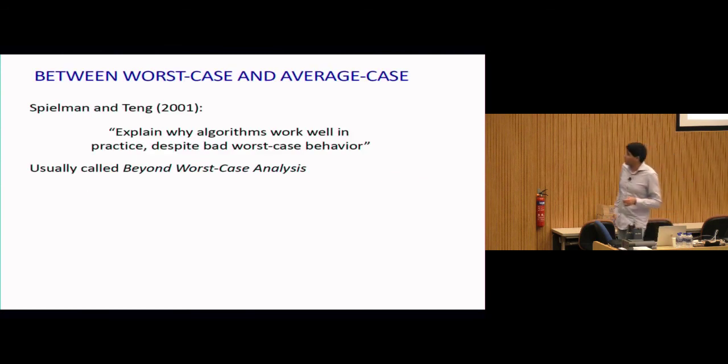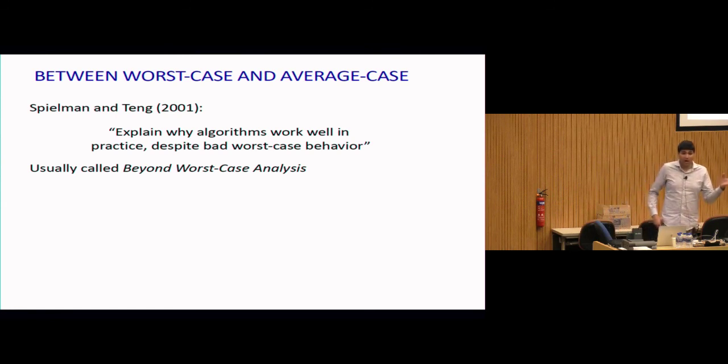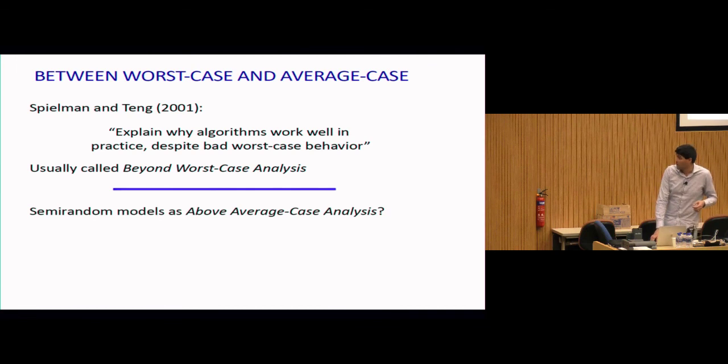So let me close with, usually I like thinking about these semi-random models as not being about worst case analysis, as making the problem just a little bit easier so that we get around computational intractability, but as a way to move above average case analysis. So as a way to slightly change our average case distributions and understand which of our results do and don't translate. So that's a direction in which I think a lot of our understanding about when we can do non-convex optimization in average case settings, we don't really have a good understanding of which of those algorithms have good guarantees outside of those very particular distributional models.